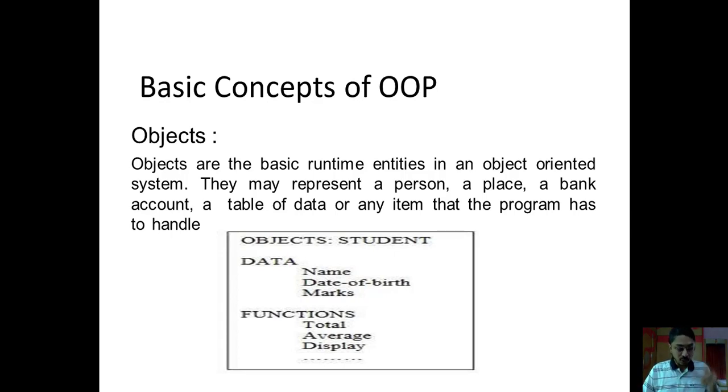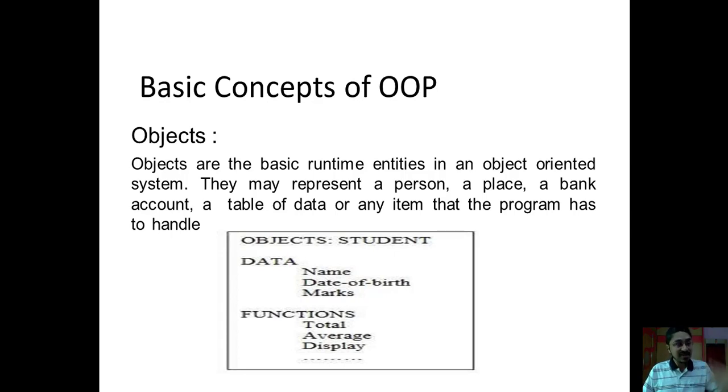Alright, so now first we will take the bank customer as an object. What data will be associated with that object, that I will need to think about. So for the bank customer, I will need to store certain data. In that object, I will need to store the account ID of that customer, then the name of the customer, then the balance, then if that person has taken a loan, the loan amount, then the mobile number, and the address. These are nothing but the possible data attributes which are associated with that object.